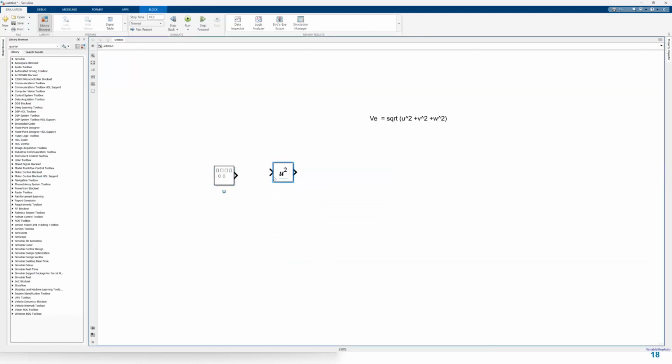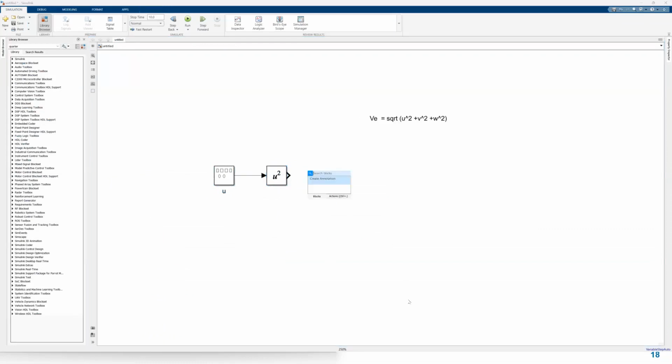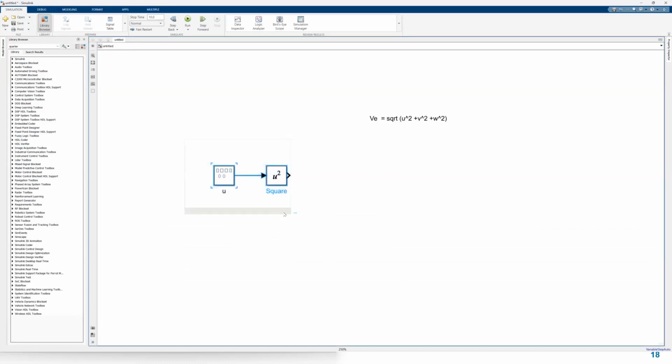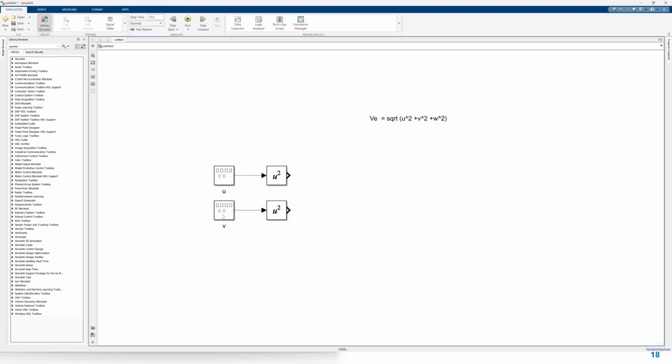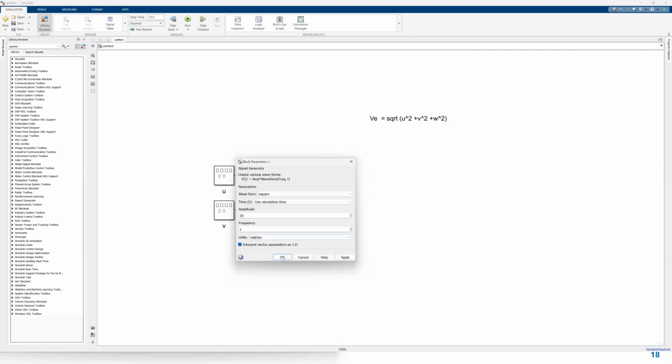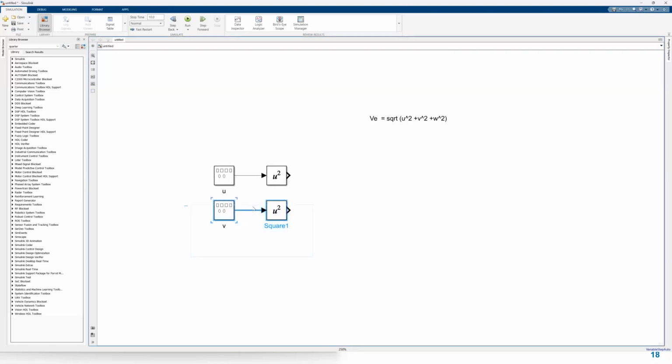So we just simply got to the square wave here, and then let me do it similar for the V and W as well. So I'm just trying to do the copy paste. So V, let's change the sine wave to the square wave just to try something different. And similarly, we'll do that V2